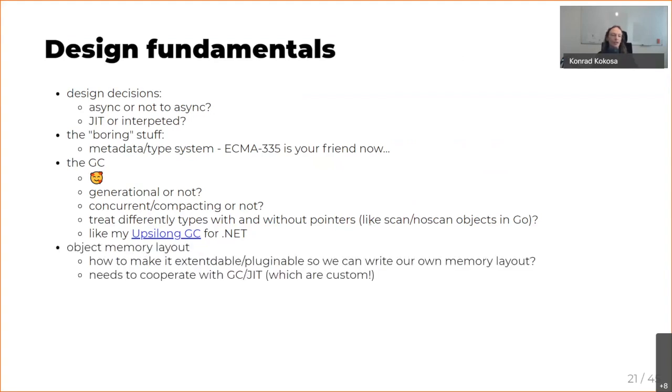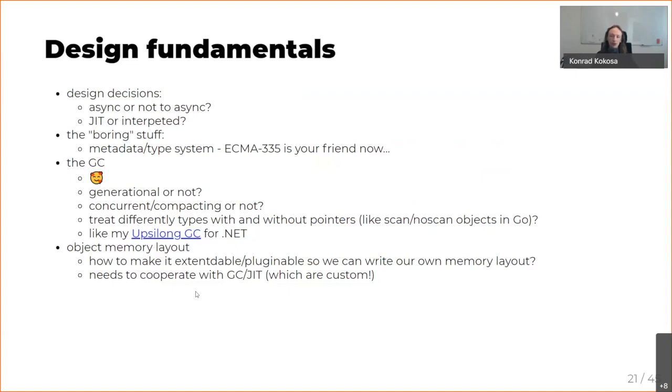But there is a second thing to think about, which is super important: object memory layout. This is something not trivial, because every runtime in the world assumes there is some object memory layout. .NET Core expects some object memory layout. Mono expects some. So we have there, for example, information on how the identifier of the type is stored, whether there are some reference counters before and after, or maybe not, what the representation of references is, and so on and so on.